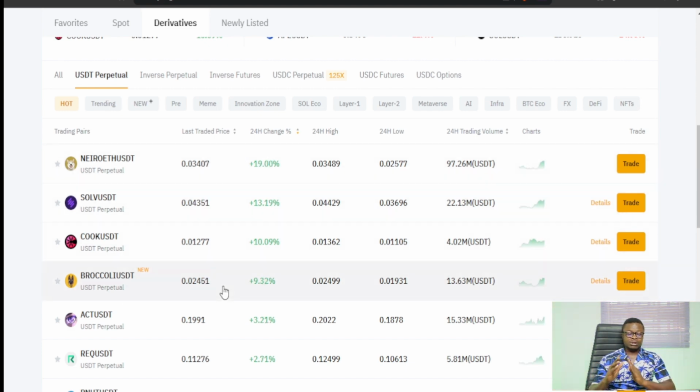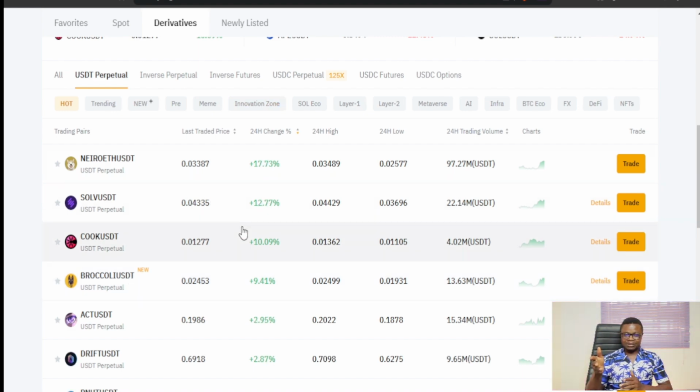One thing you need to note, why I say you have to be patient, is that this token that is on the top gainer right now could be on the top loser the next minute, the next hour, or the next 24 hours. Right? Nothing goes up forever in this space, and nothing goes down forever in this space. So what you are basically doing is, first you want to look at the tokens that are trending, the tokens that are on the top gainers, and then whatever it is, let's say we want to trade Narrow It,